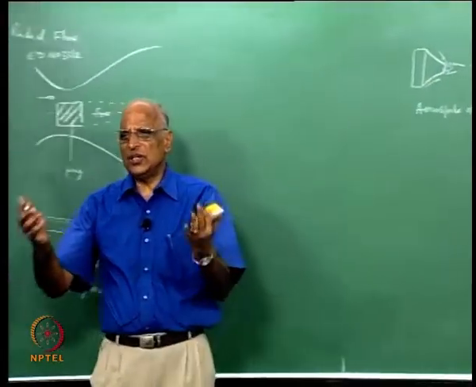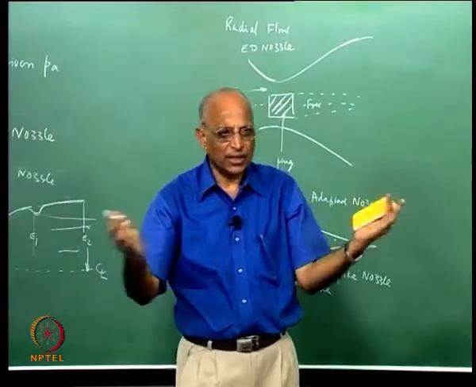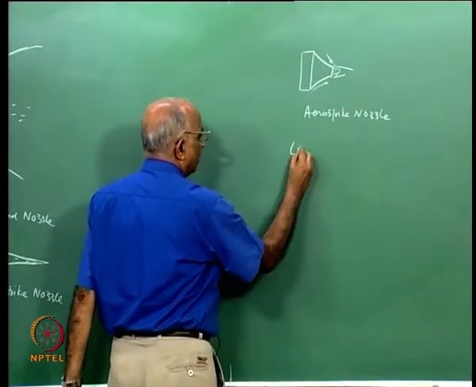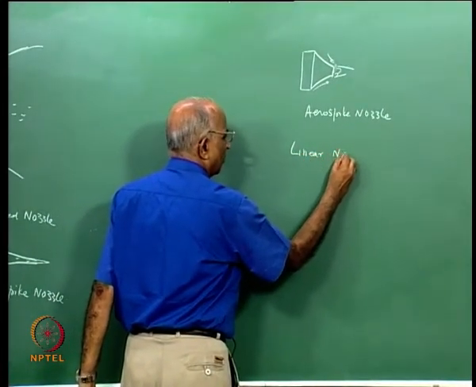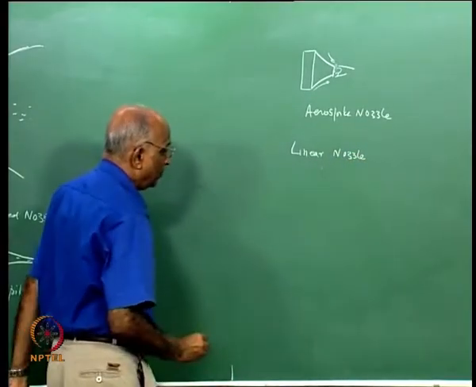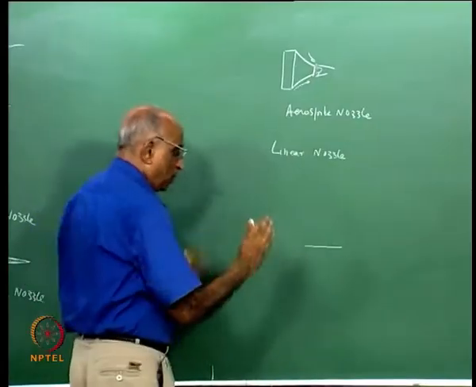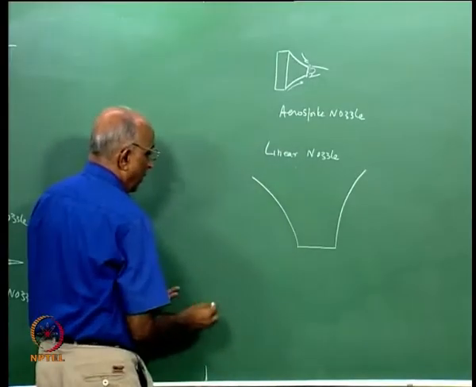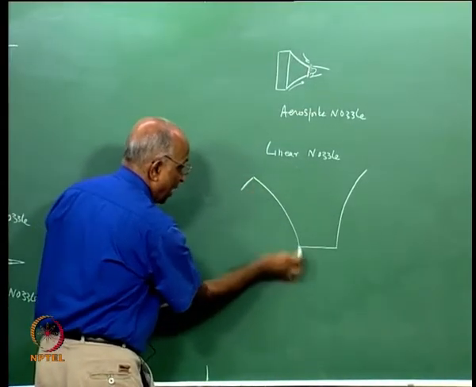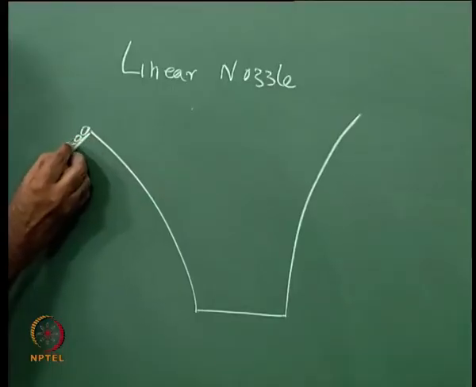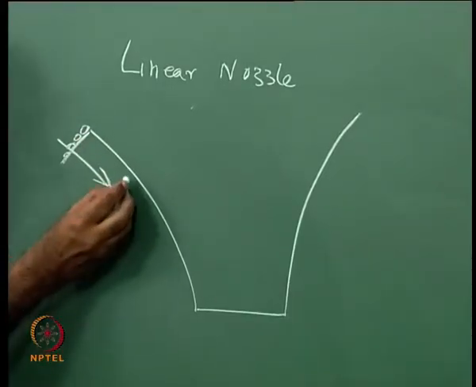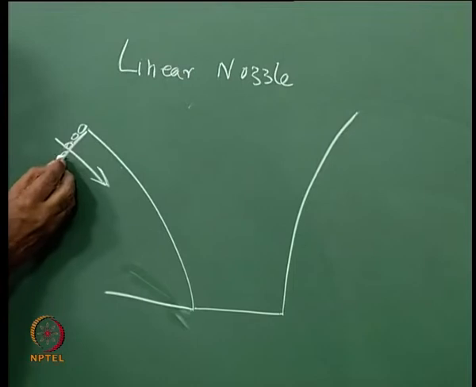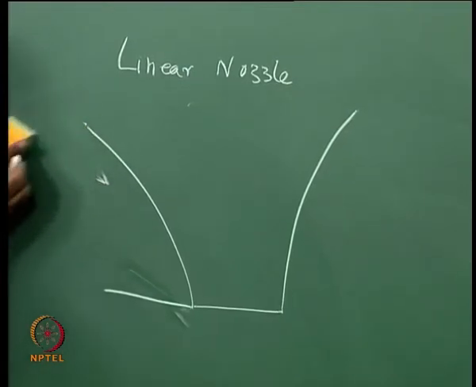But why should we always think in terms of a cylinder, a bell or something like that? Why not open out the bell, make it something like linear? If I have not a cylinder but I stretch out, I call it a linear nozzle. What do you mean by linear nozzle? Well, I open out the bell something like this, I have this as a contour, and now I allow the flow, this is a ramp as it were, I allow the gases to come along this, and it is guided by this particular ramp. In other words, I have something like this, let us say over here it could be shaped something like this,